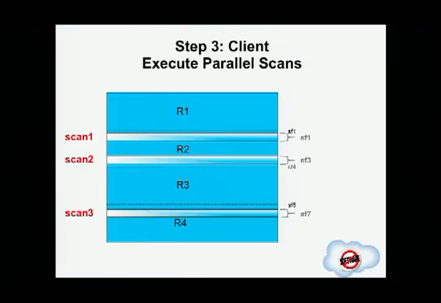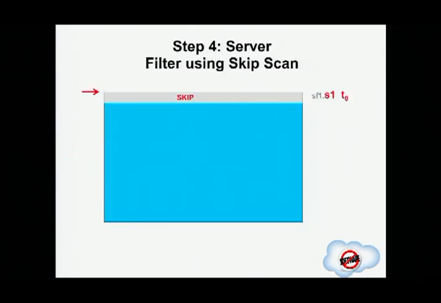So right there, we've ruled out half of the data that we're not even going to look at. So the third step is to execute a parallel scan across those 3 bands of data. This is not something that HBase provides out of the box. They don't provide parallel scans. This is something that Phoenix added on top of HBase. So we're going to issue 3 parallel scans on the client side, and we'll push through a special custom filter